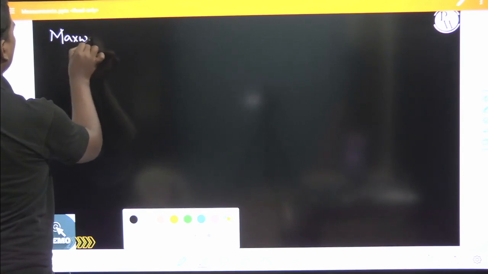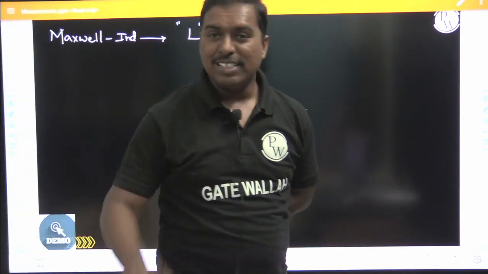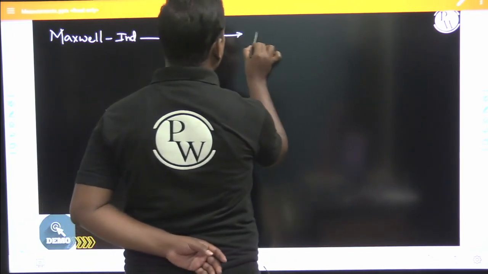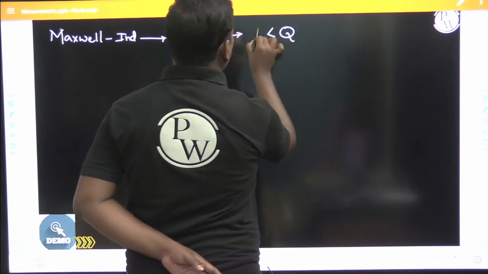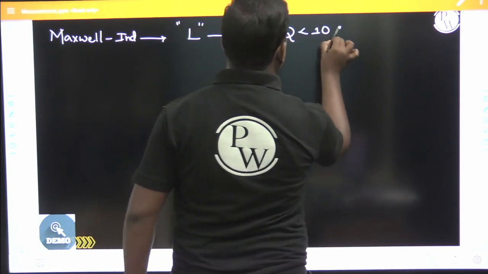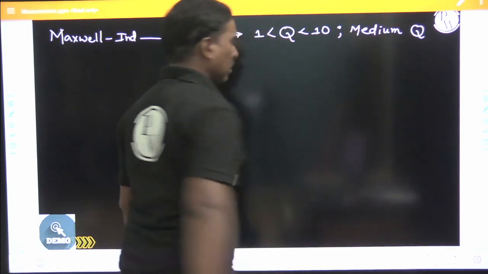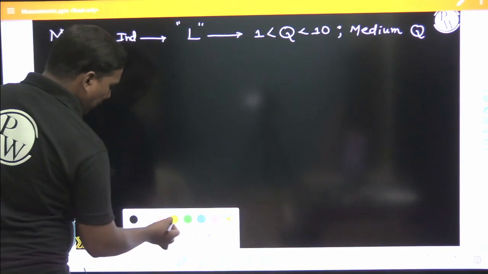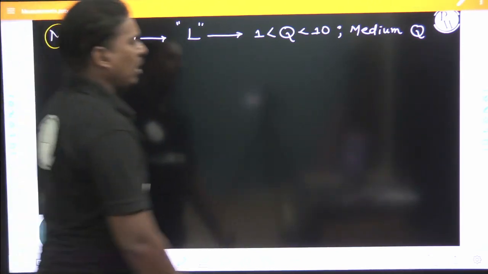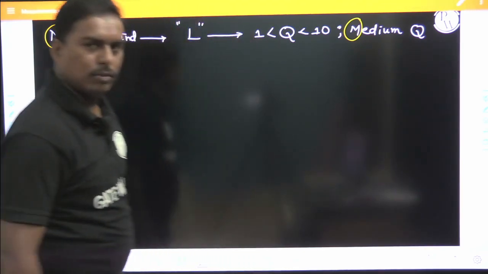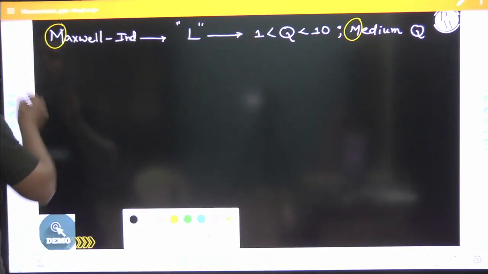If you see the shortest technique here, Maxwell inductance bridge, what measurement are they suitable for? They are suitable for self inductance measurement, and whose Q factor is medium, that means greater than 1, less than 10. How to remember, sir? Maxwell's first letter is M, so the Q factor is also medium, M. Got it? And the next comes